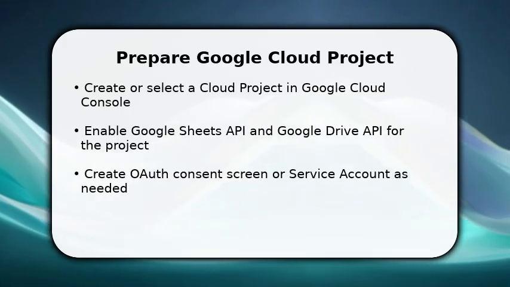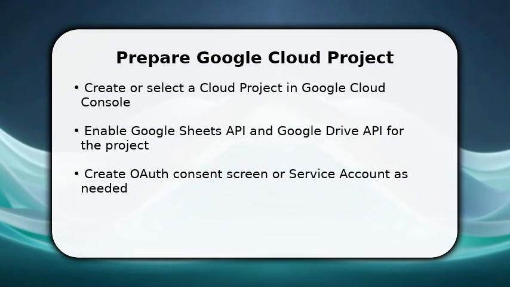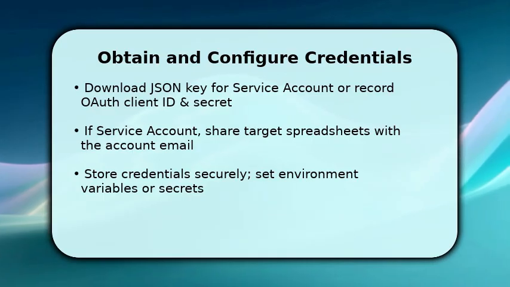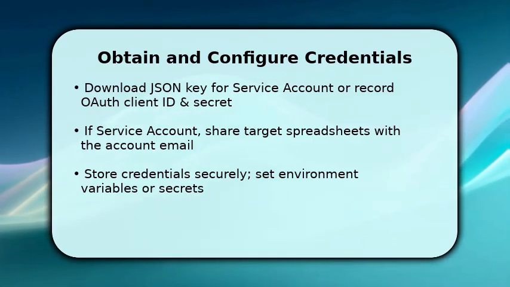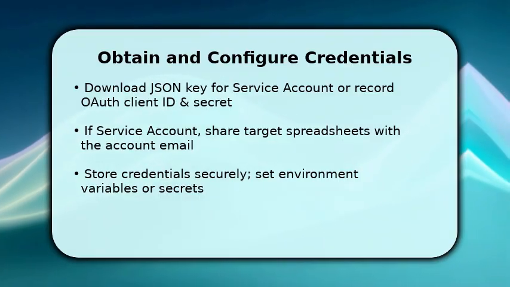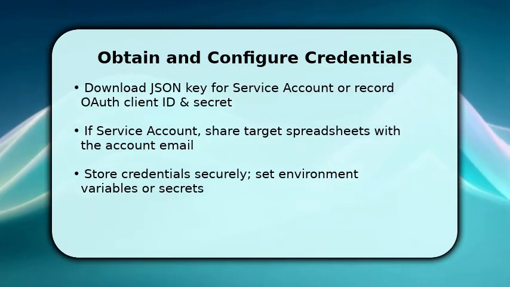use. Make sure to note the project ID and client email, since you will reference them in code and sheet sharing. You must securely place the credential file or secrets where your app can read them. For example, set GOOGLE_APPLICATION_CREDENTIALS to the key path for service accounts. Once done, share the Google Sheet with the service account email or implement the OAuth flow to obtain a refresh token